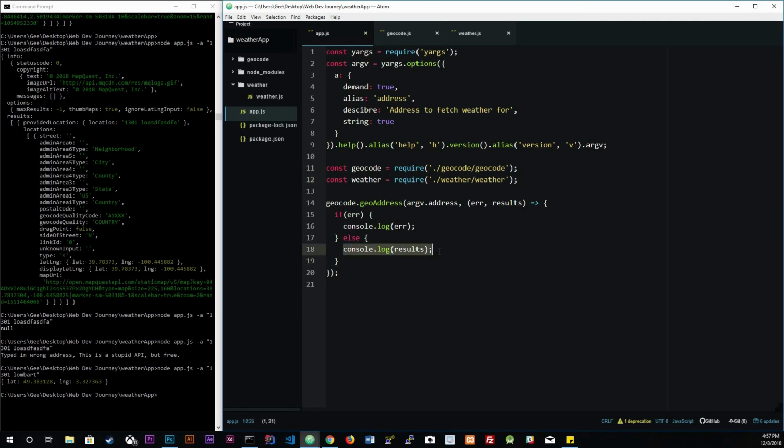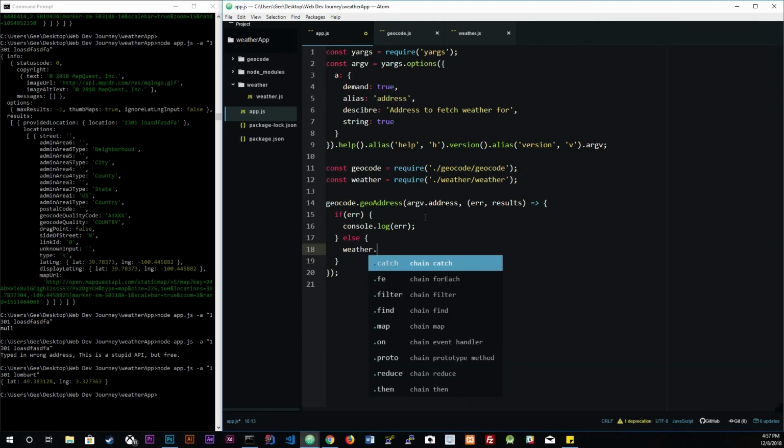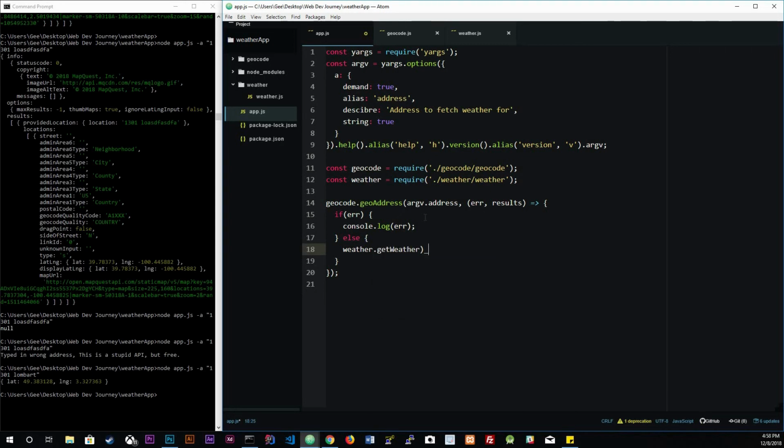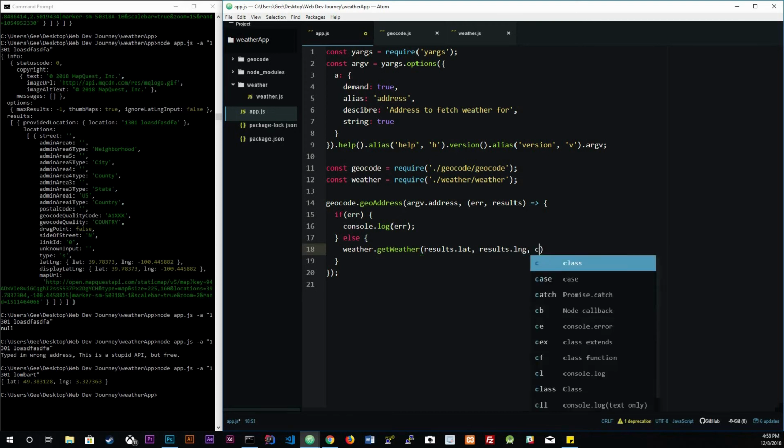Instead of console.log weather, we're actually going to grab something. So we're going to call, we haven't created the function yet, but I'm just doing it right now so that we can know what we're doing. So weather, I'm going to call the function getWeather. It's going to be a function that's going to take in the results. Remember, the results returns lat and long, so it's going to take in results.lat. Copy this. It's going to take in the lng,